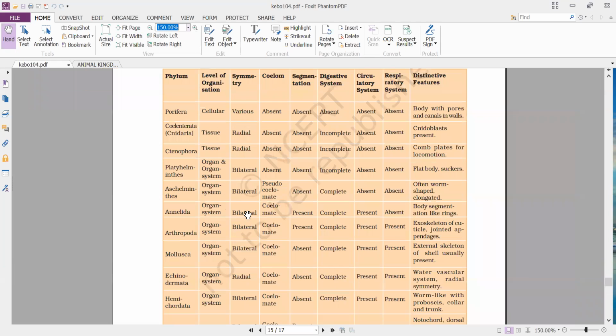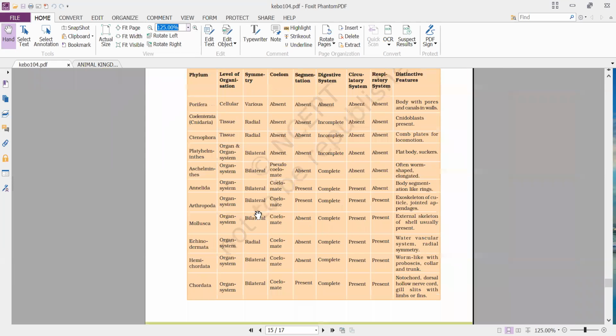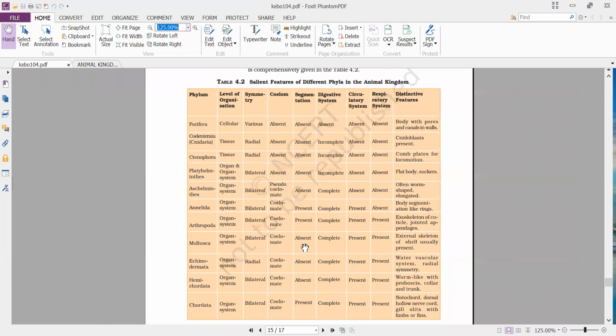When you observe the comparative account, for the level of organization, the poriferans have a cellular level of